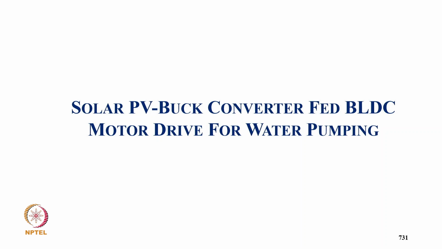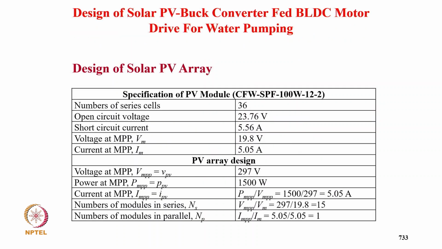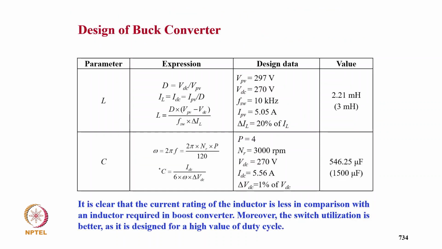So coming to the solar PV buck converter fed BLDC motor drive for water pumping. Here a buck converter is used for controlling the MPPT, which delivers the entire power to the DC link, and the electronic commutation drives the motor. And these are the specification of the PV array and the design of the inductor. We select 3 millihenry, and for the DC link capacitor